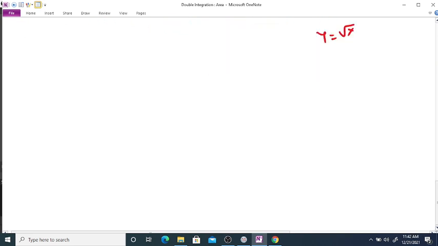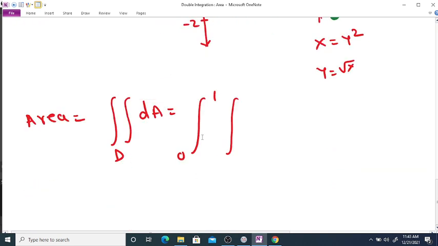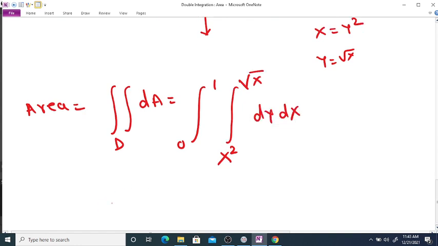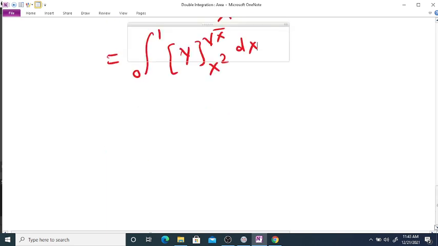So now the area is equal to the double integration over the closed region D of dA, which is equal to the limit of x from 0 to 1 and limit of y from x square to square root of x, dy dx. So now the integration of dy, from 0 to 1, integration of dy is y from x square to square root of x, dx. You put the upper and lower limit, then it is equal to